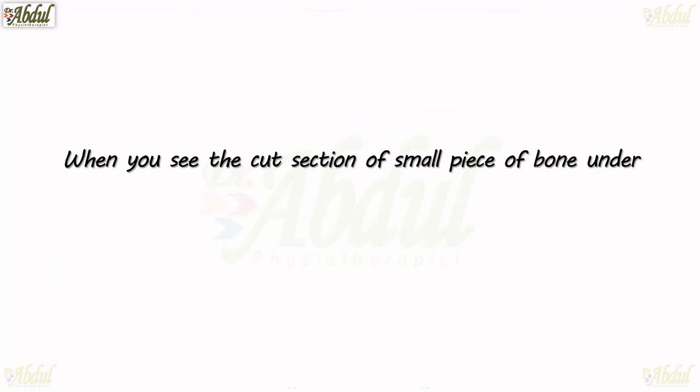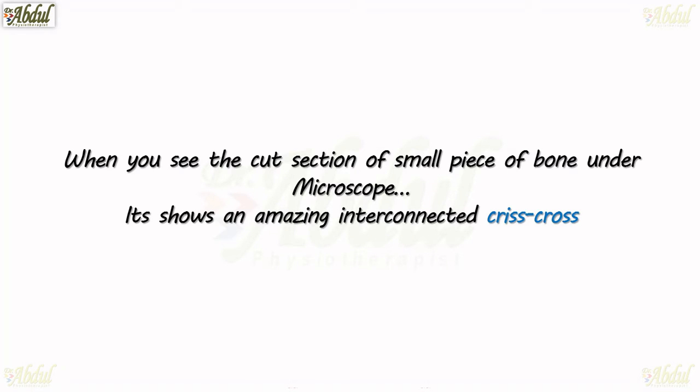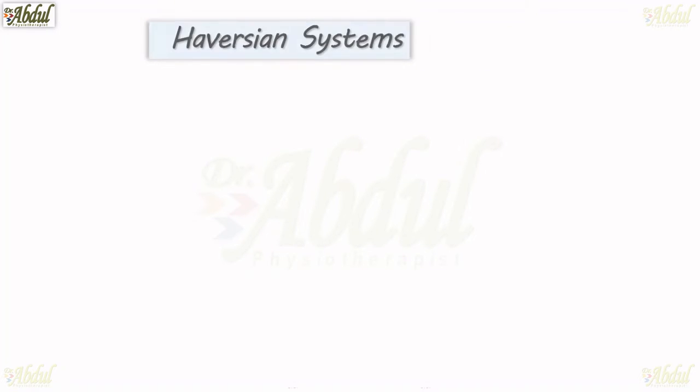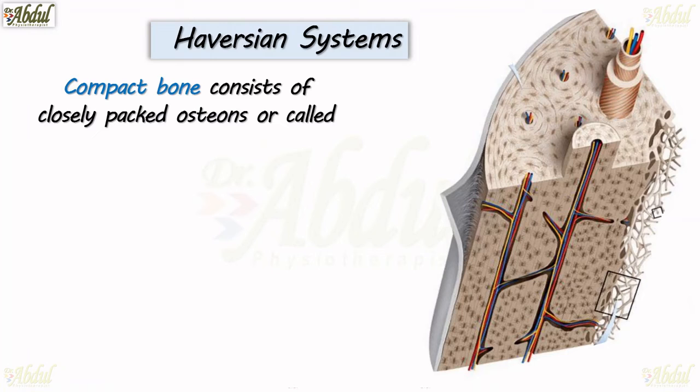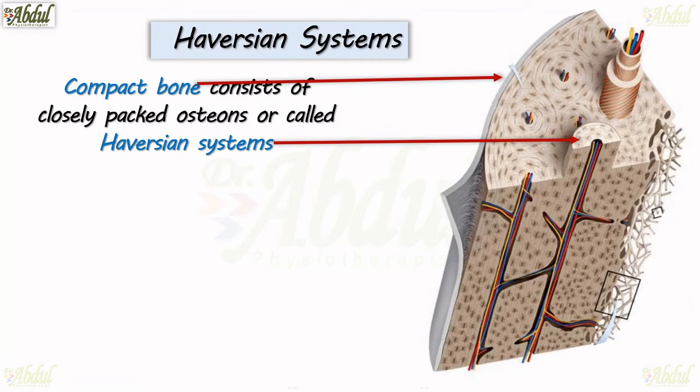When you see a cut section of a small piece of bone under a microscope, you will find an amazing interconnected crisscross matrix structure. Let's see what it is. It is called Haversian systems. A cut section of a long bone, you can see over here in the diagram, is nothing but compact bone, which consists of closely packed osteons called Haversian systems. So this is a cut section of compact bone, and this is the Haversian system,